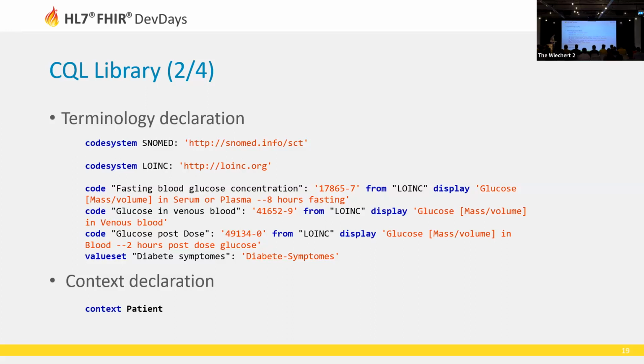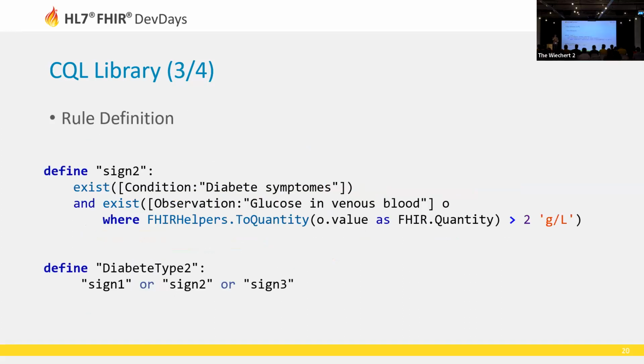The context will then be patients, because obviously you're going to want to have the patient and apply this logic to the record to know if the patient has diabetes or not. And then you can define rules. So this is just one rule, which is the second one. And so you see that you have the logic that here is exactly the same as the second point we viewed earlier, written down in English, but this time it's written down with CQL and it is computable for our